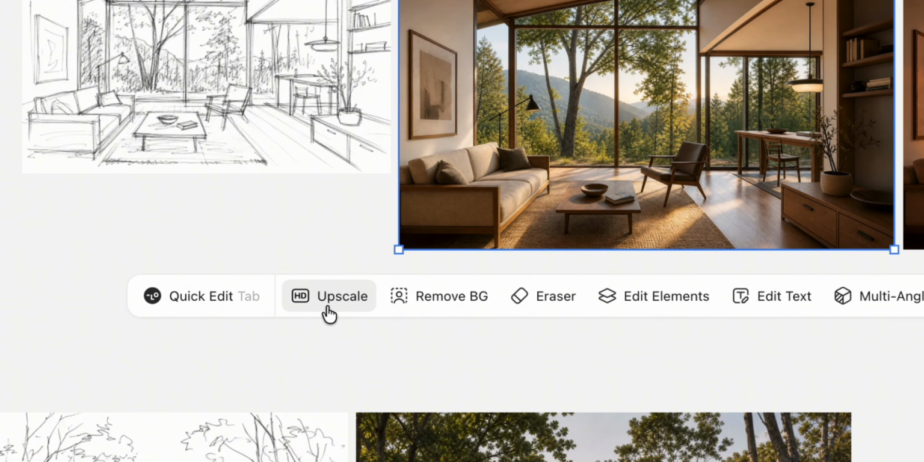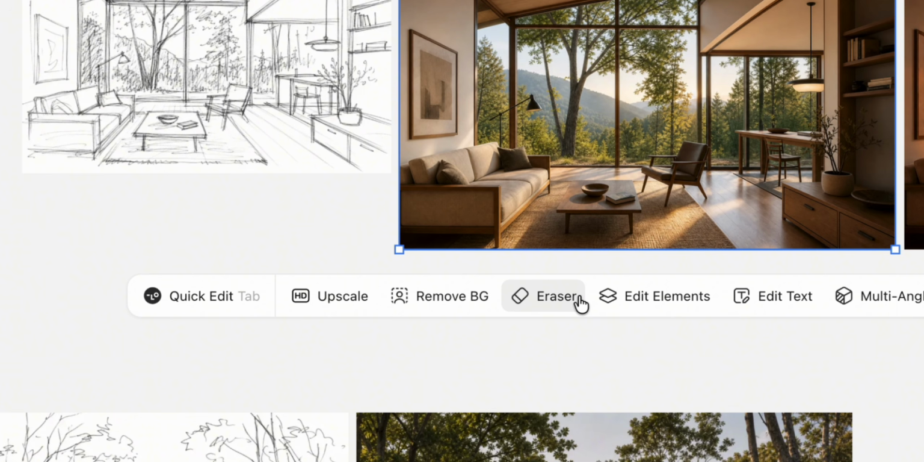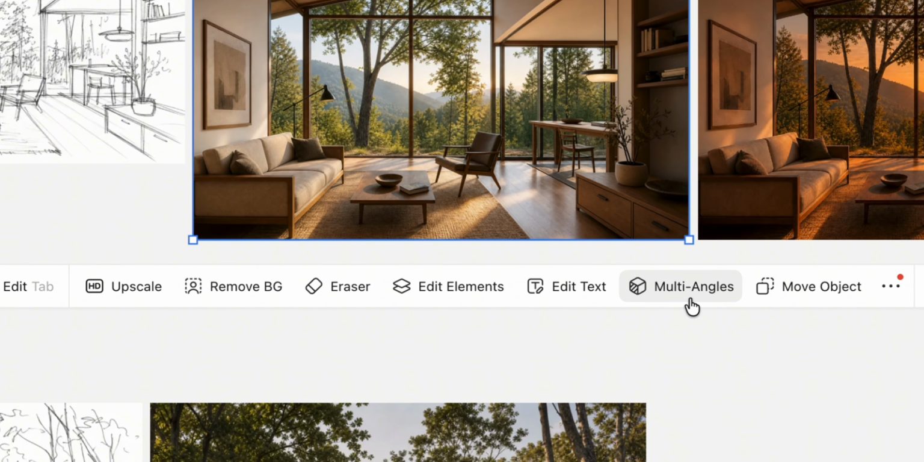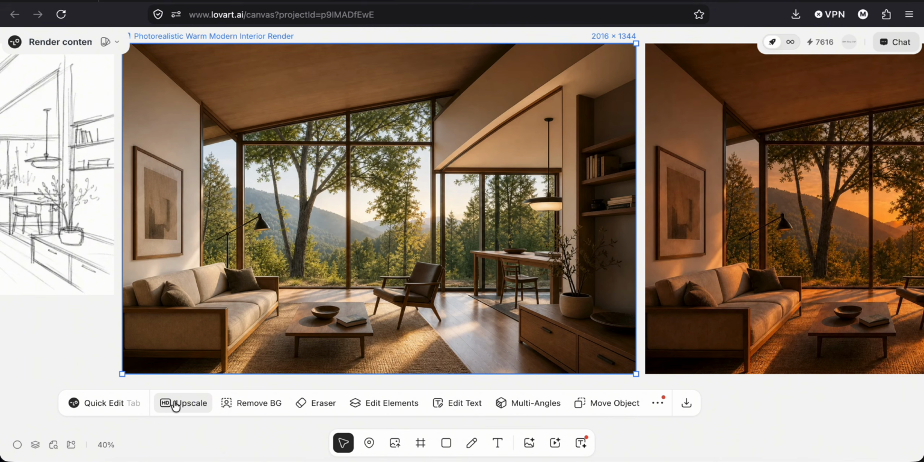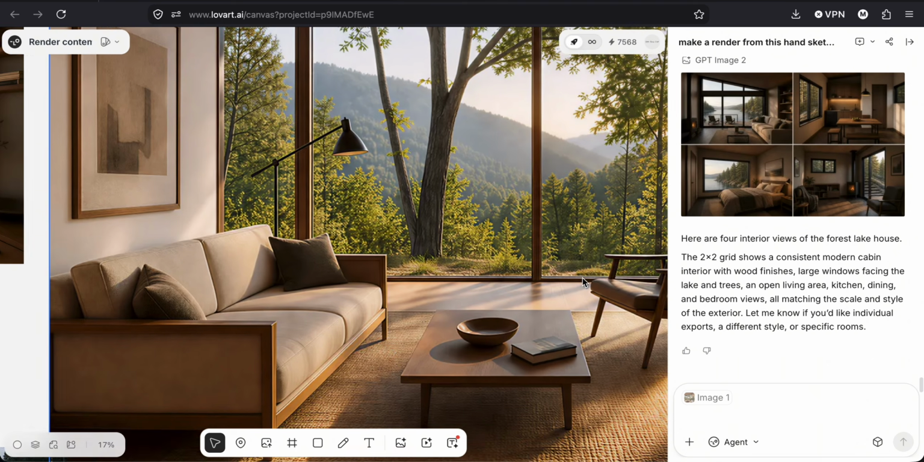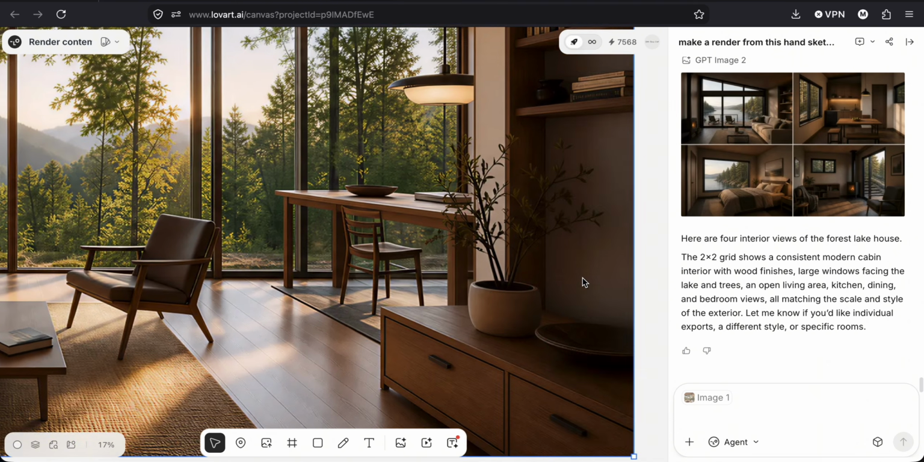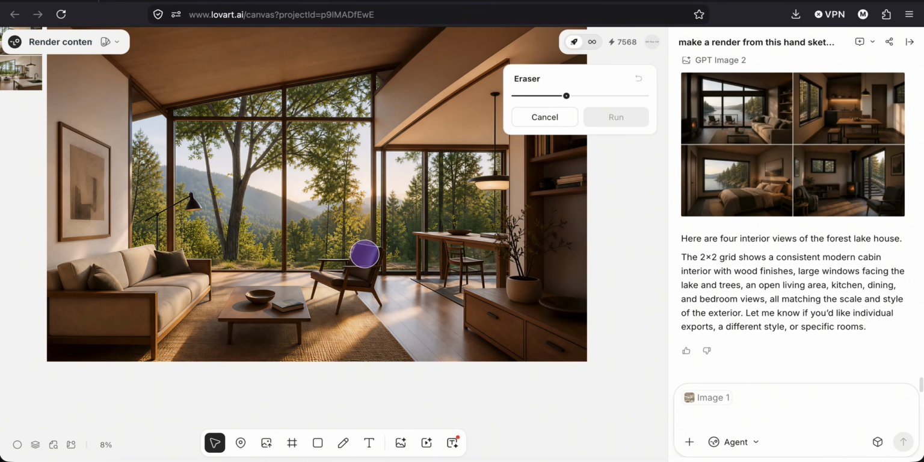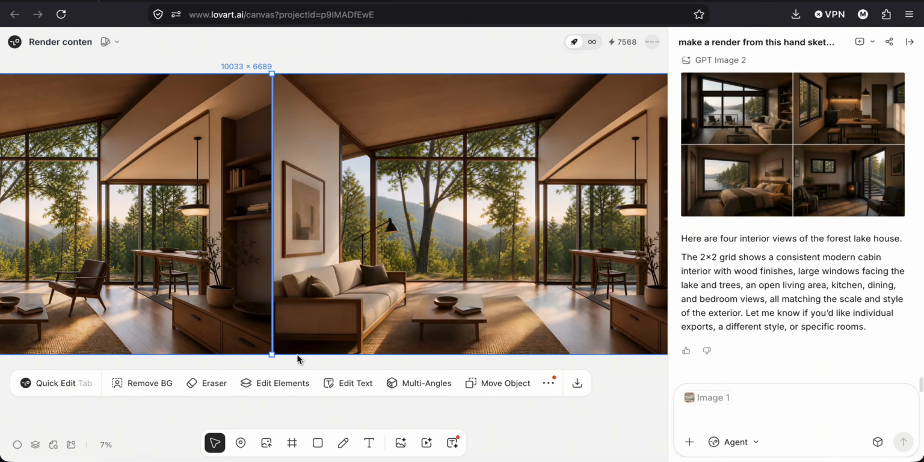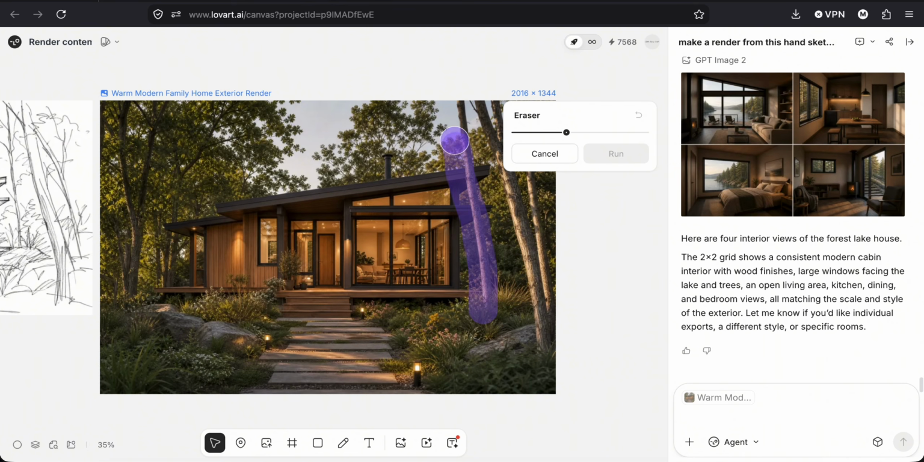You have incredible features like upscale, eraser, edit elements, multi-angle, move objects, and touch edit. The upscale tool is exactly what it sounds like. It enhances the image into a much higher resolution. The eraser lets you remove almost anything from the image, a tree, a car, a piece of furniture. Simply brush over it and the AI fills the space with context-aware content that matches the surrounding lighting, materials, textures,